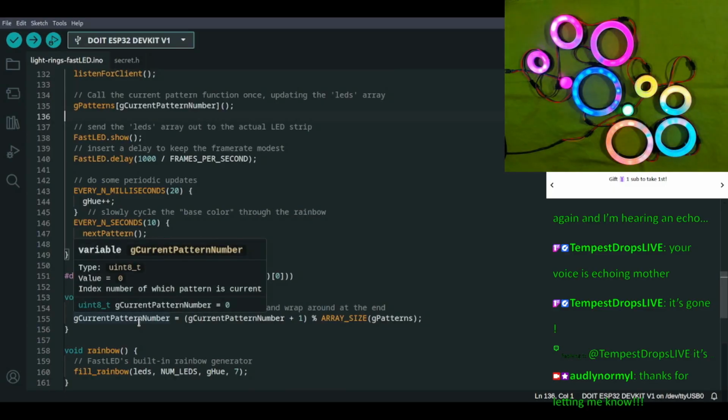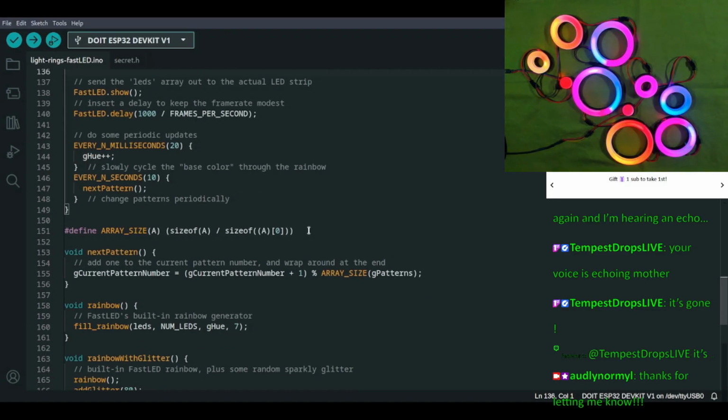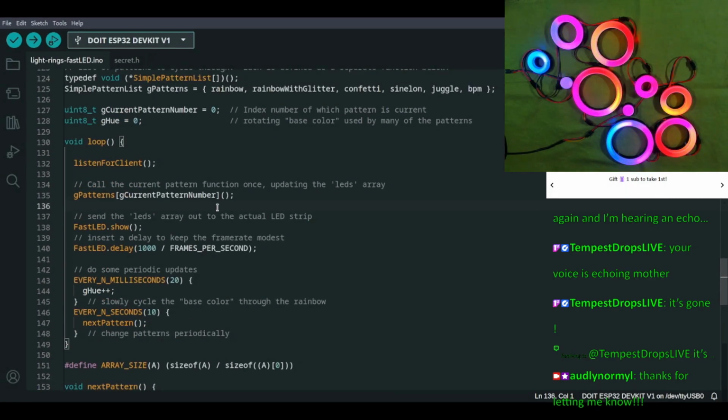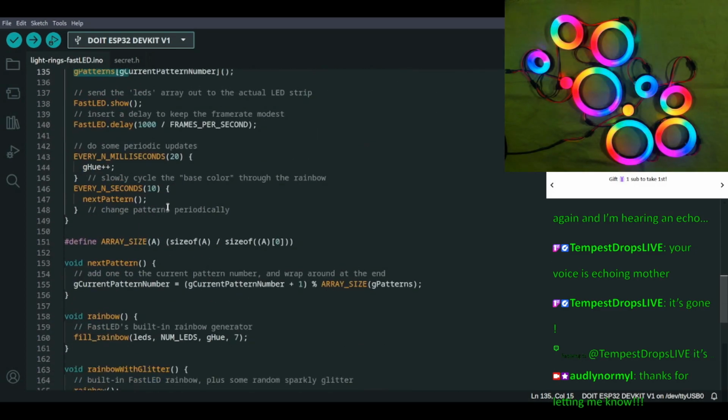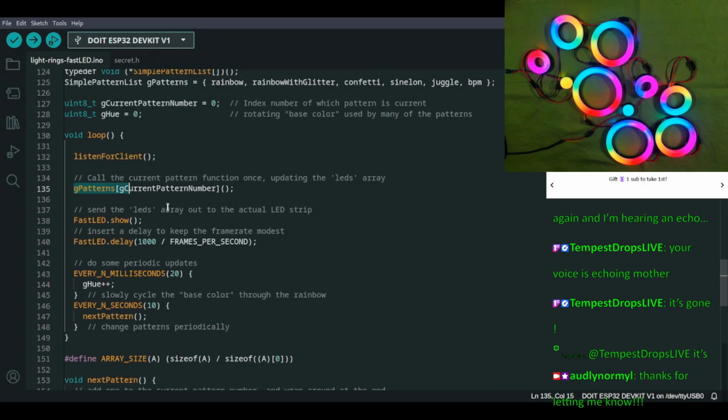Next pattern. So pattern number. Okay, so this one is updating. Call the current pattern once. So G patterns is the function that we need. So we're going to leave that in loop and we're going to call it with instead G current pattern.